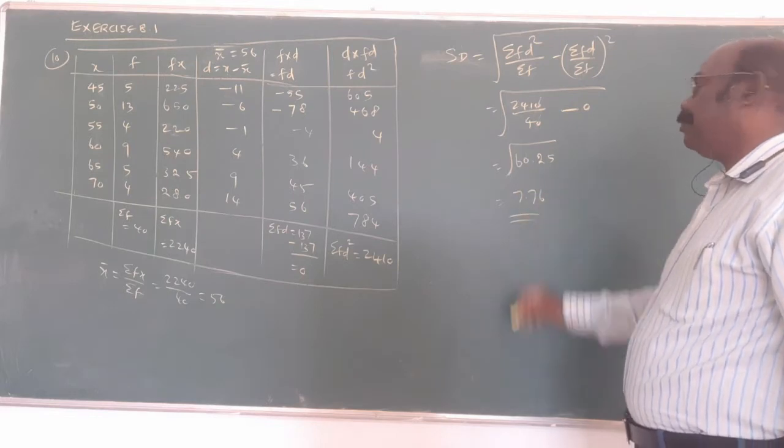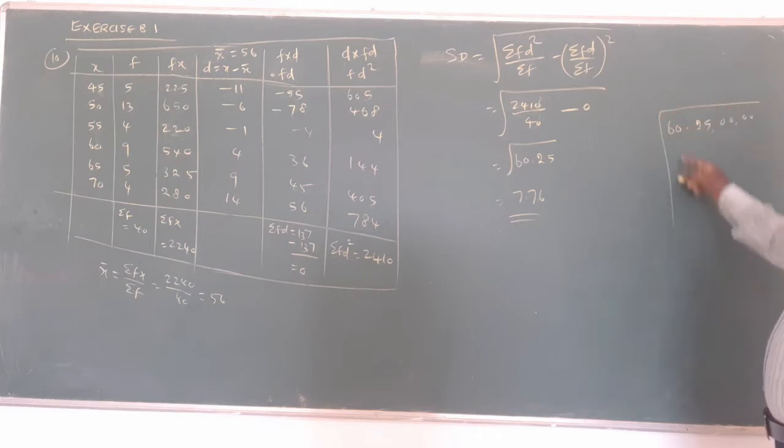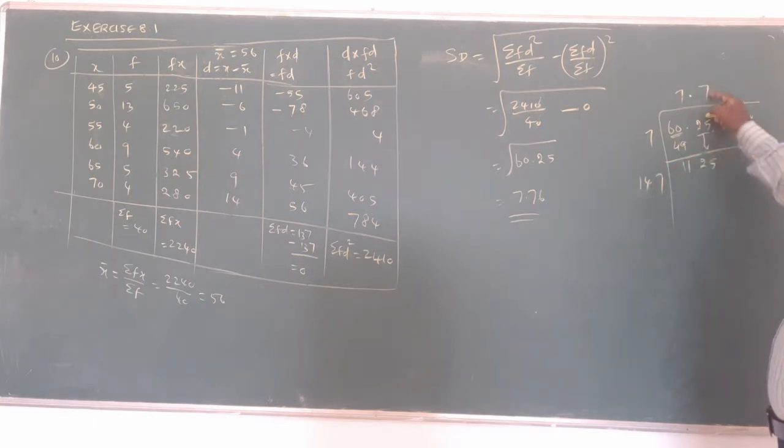I already told you how to find the square root. What is the meaning? 60.25, with double zero extra going on. Approximately, take the first two digits, 60. What is the square root of 60? Approximately 7. 7 sevens are 49, 8 eights are 64, more than 60. That's why only 7 is possible. 49. What is the remainder? 11. Next, bring down the two digits 25. You put the point. 7 plus 7 is 14. Now how many times? 7 times approximately. 7 into 7 is 49. Remainder 4.